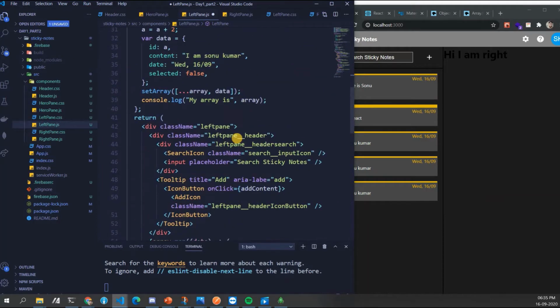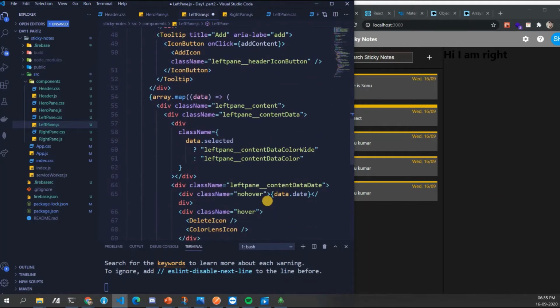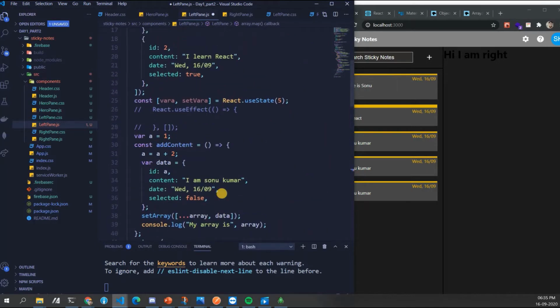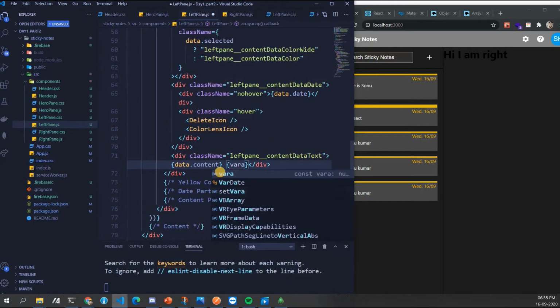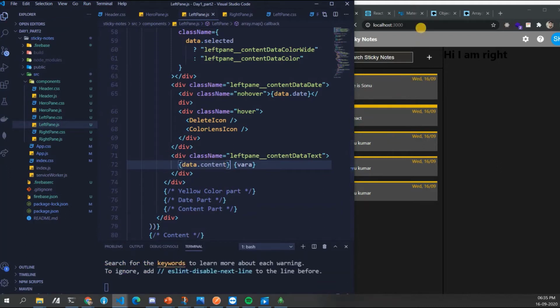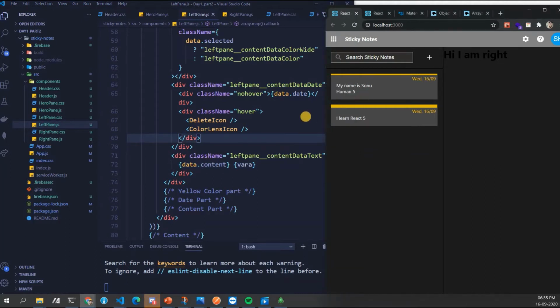Somewhere inside here only, write content, space, var a. Now when I save it, it's coming as 5 and 5, right? 5 is there, 5 is there.